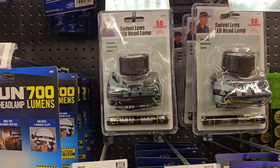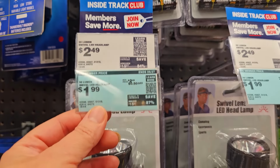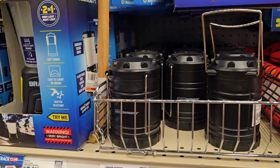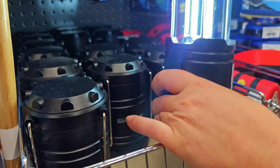Even simple activities like cooking or even just playing cards to keep yourself occupied are much easier when you have your own personal light source that directs itself exactly where you're looking. Harbor Freight does have lanterns though for ambient lighting as well. We keep these small pop-up lanterns for all the members of our household, and we keep it right in our